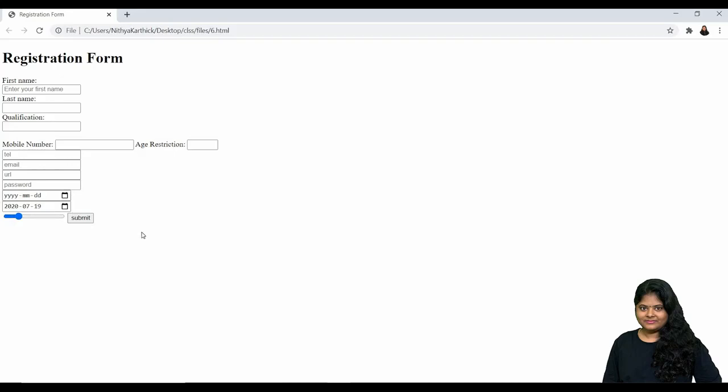So the task of the day is to try to create your own form. It can be for employee registration or student registration, might be anything of your own. You just create it in your sample website itself, right? We have already created the header, and we have also added one menu bar. In that menu bar you just add this form registration, right? So when I click on registration, it should show the registration form.